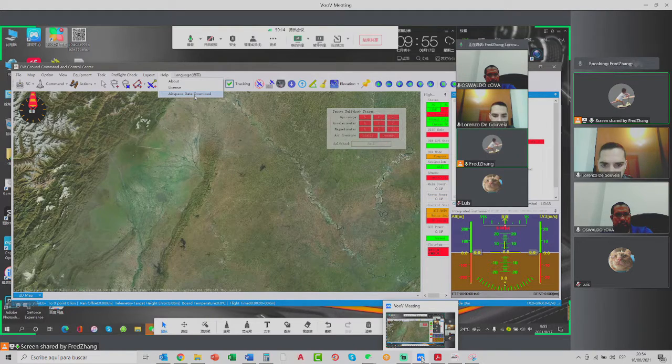In China, if you want to fly in the no-fly zone, you must get the license, like the airspace license. When you get the Air Force airspace license,